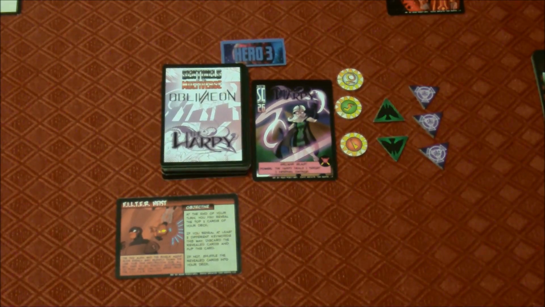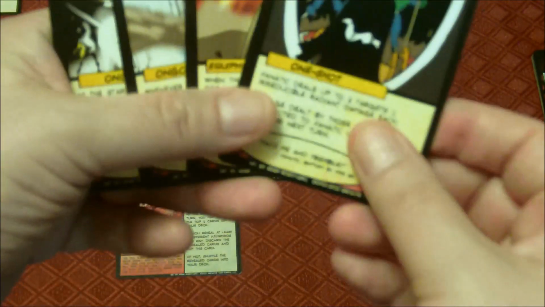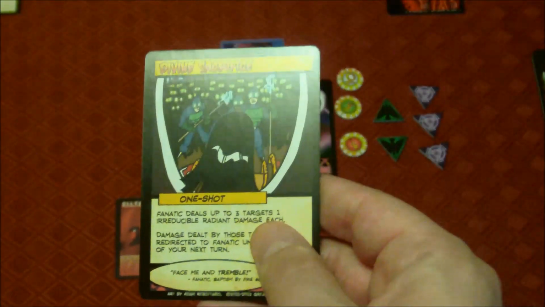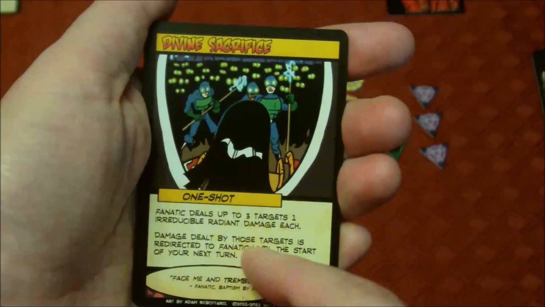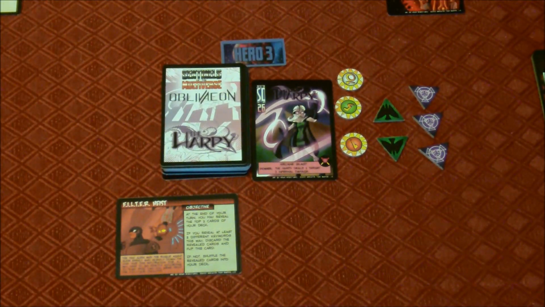Now we're still on the start of her turn, so I think we're going to have, yeah, the start of every turn, Fnatic is going to discard Divine Sacrifice, which is a little risky to be using anyway because it will redirect all kinds of damage towards her, which would be terrible. So, having discarded that, we're going to add a 3rd token to Expedition to Atlantis. And she's going to do 2 HP